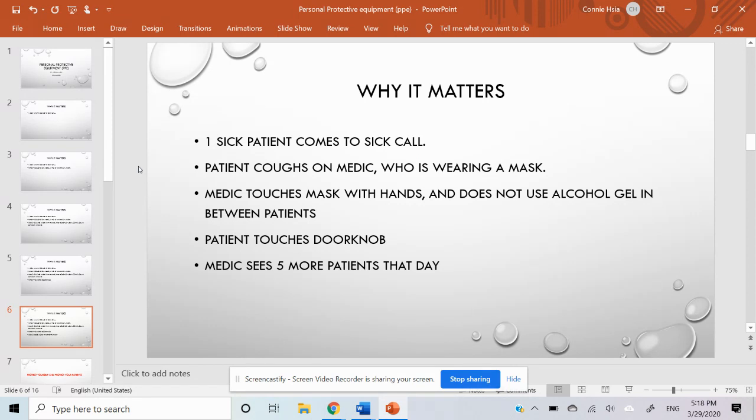So what's going on in this situation? You've got one sick patient. Who knows what he has? Is it a virus? Is it a flu? Is it pharyngitis? I don't know. So the problem here is that the patient has exposed the medic, who, because he did